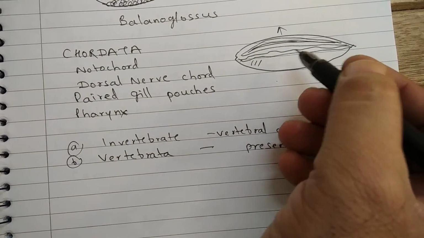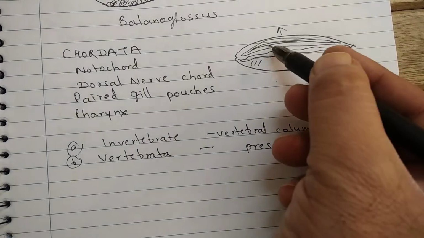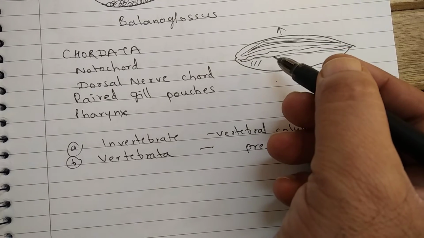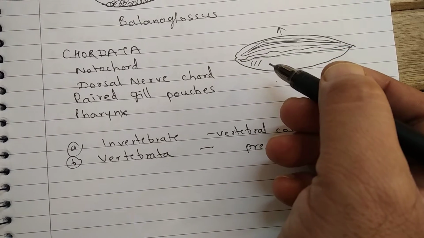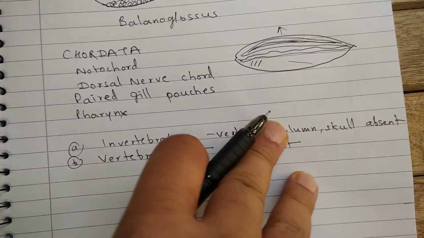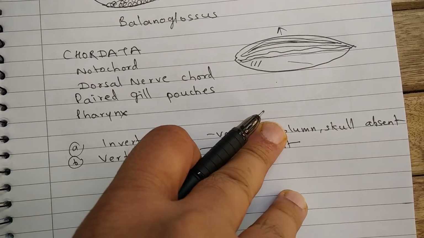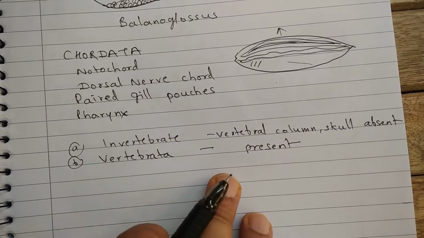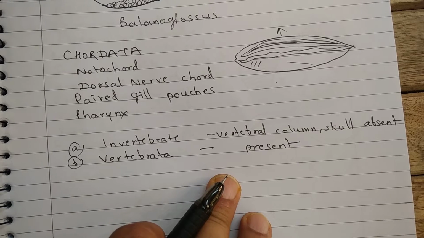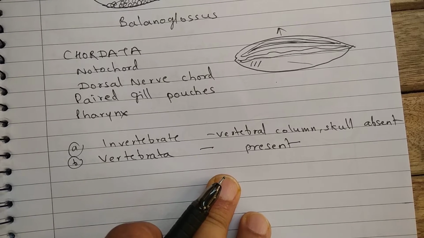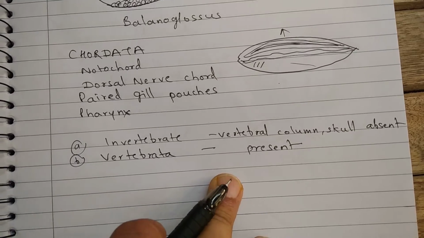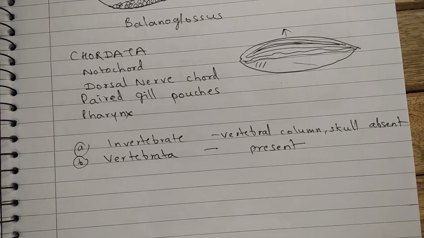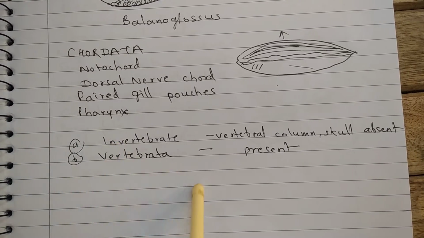Apart from that, notochord also provides additional attachment points for muscles so that legs can be developed. Okay, so our notochord is the vertebral column, and there are 4 points for attachment of legs, 2 points for forelimbs and 2 points for the hind limbs. In human beings, the notochord turns into the vertebral column, and based on the presence or absence of vertebral column, the chordates can be divided into 2 groups, invertebrate and vertebrates.